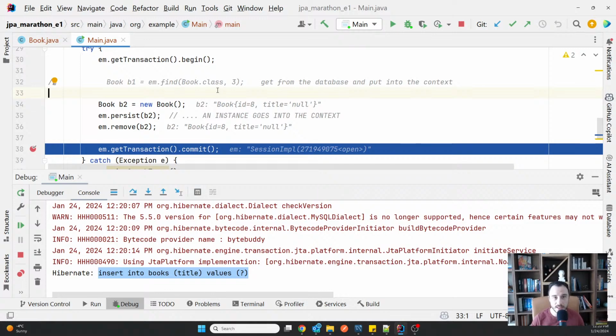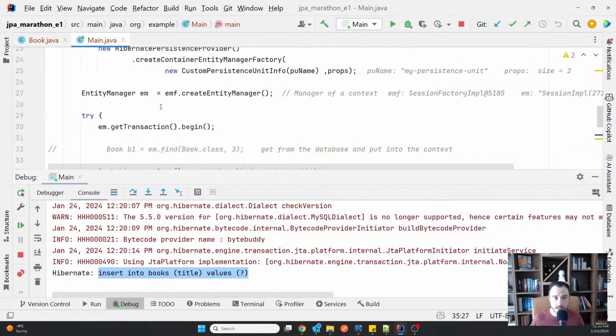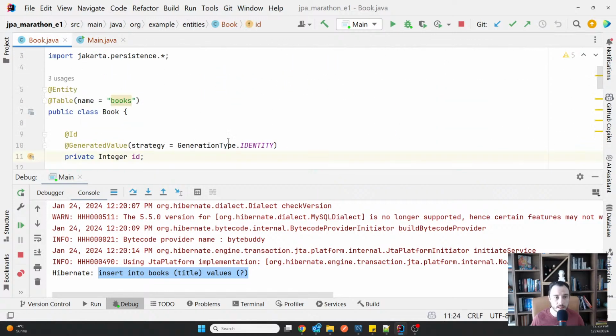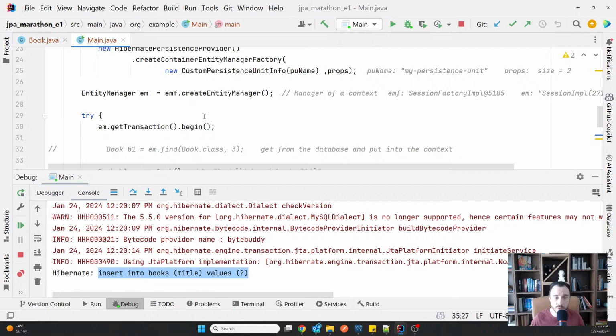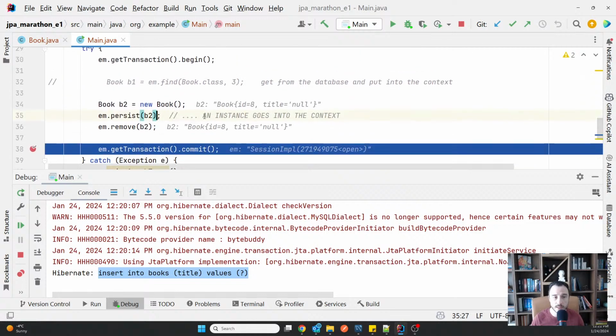In this specific case, the persist has been forced here by an automatic flush, it's called. And the reason it did that is because I'm using an identity auto generation strategy, and I'm going to explain this with a diagram because it's not easy, but observe one important thing on how it works now.